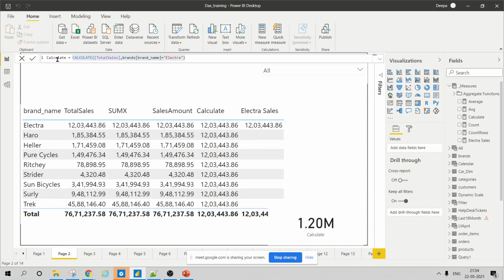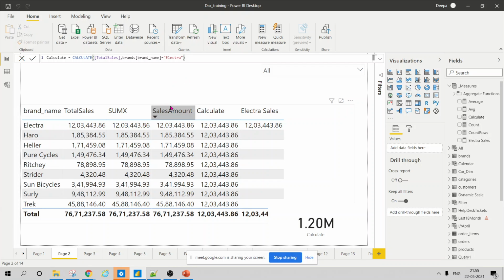But your calculate function modifies your filter and says give me sales only when the brand name is Electra, and it is applied in all the rows even when the brand name is different, because it is not filtering what you have written here, right?